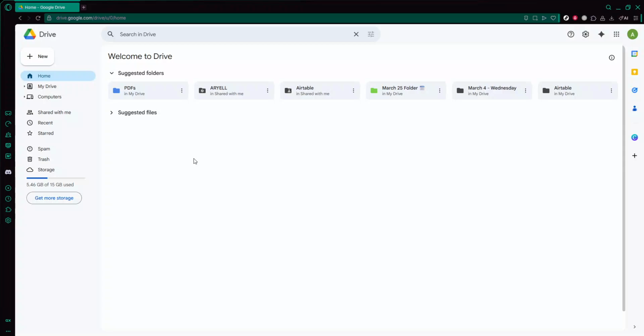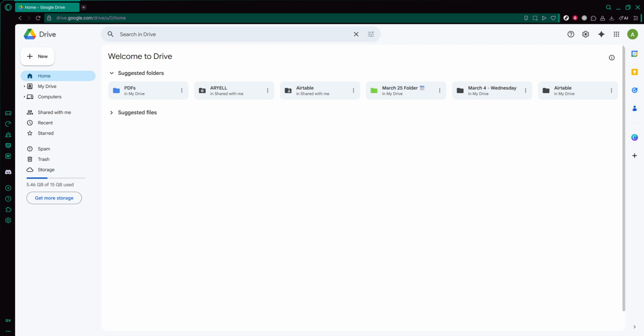In this video, I'll guide you through how to open a PDF document in a new tab in the Google Drive web version. This is especially useful if you like to keep your files organized while still being able to quickly jump between documents, or if you want to compare one PDF with another window or tab. We'll go through each step slowly and clearly so you can follow along even if you're not very familiar with